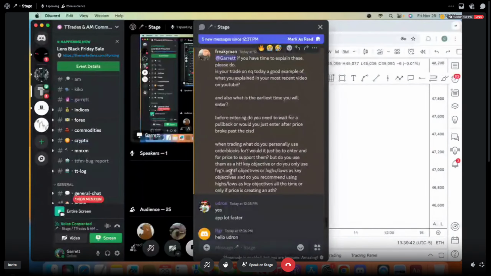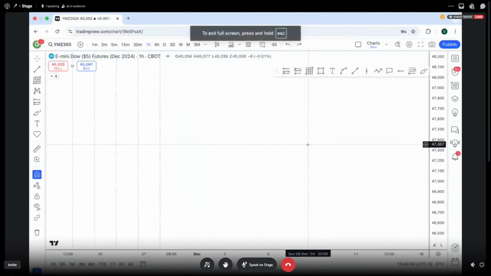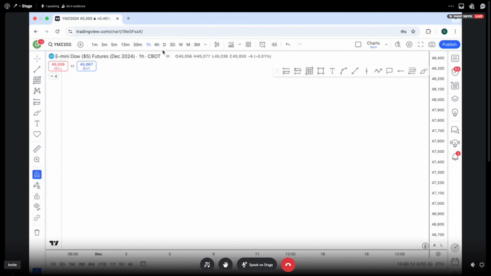But you use them as a higher time frame key objective? Objective? Not necessarily. I don't target order blocks. But order blocks on a higher time frame can be a reversal point for sure. Yeah, you're talking about reversal points. But inside of fair value gaps or order blocks on a higher time frame, like 4 hour, daily, even a 1 hour,